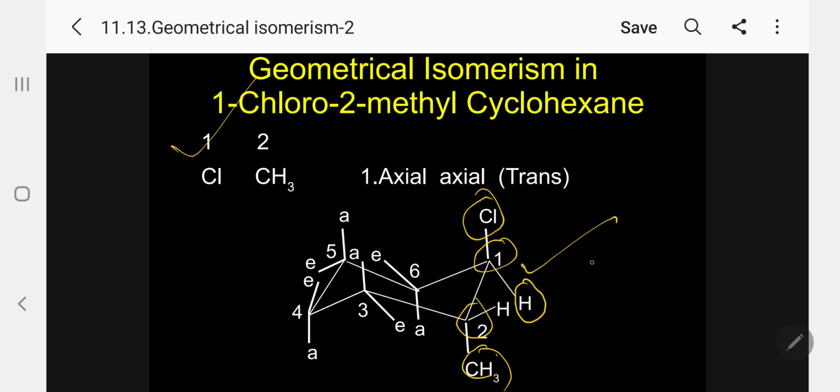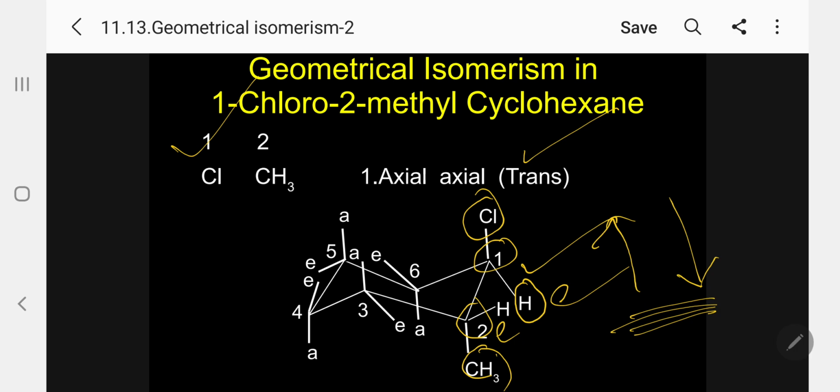We are considering hydrogen in the 1 equatorial hydrogen, in 2 equatorial hydrogen. And if you consider these two, kindly follow, in the case of 1, hydrogen is coming downwards, whereas in the case of 2, equatorial is going upward. So opposite direction. So trans. So this is the most important information I want to convey. So here we are considering only hydrogen. Even though we say 1-chloro-2-methyl, we are not considering chlorine and methyl. We are considering hydrogen. And then we are saying this is trans.